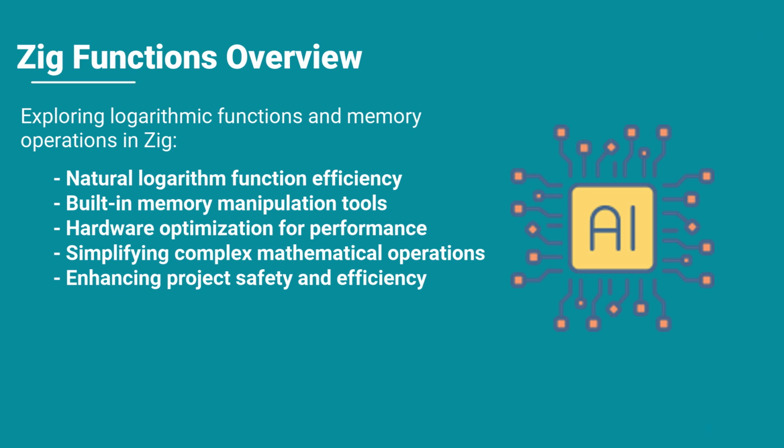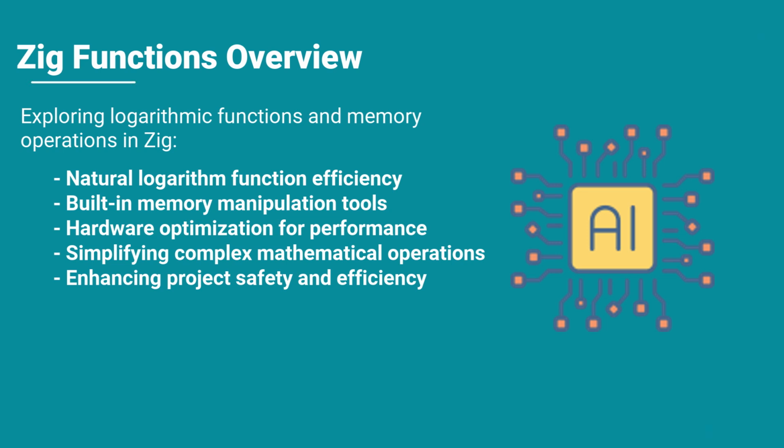In this video, we're diving into an essential aspect of the Zig programming language, its built-in functions. Specifically, we'll be discussing a fascinating built-in function that returns the natural logarithm of a floating point number. This function harnesses a special hardware instruction for optimization when it's available, making it an efficient tool in your programming